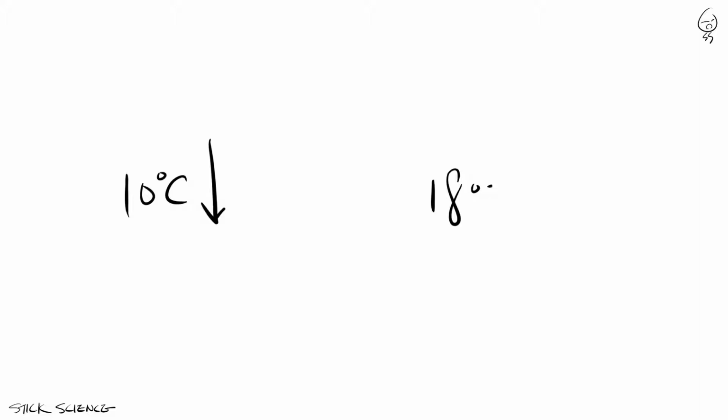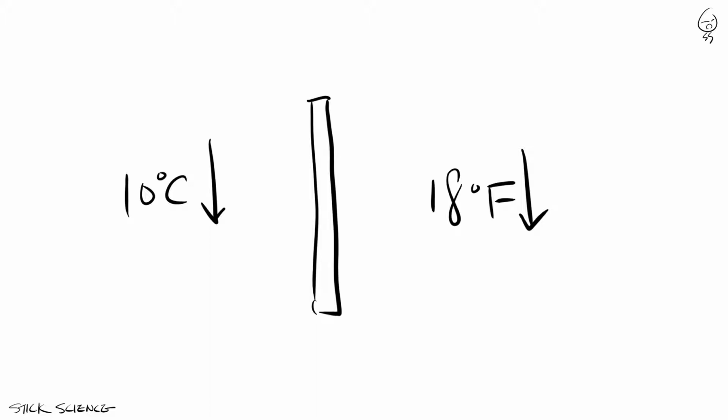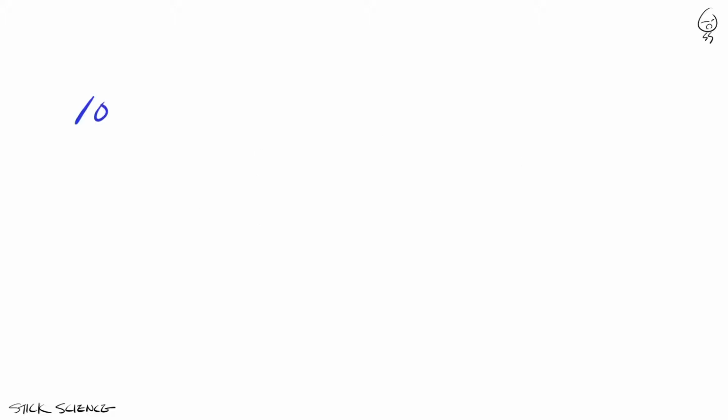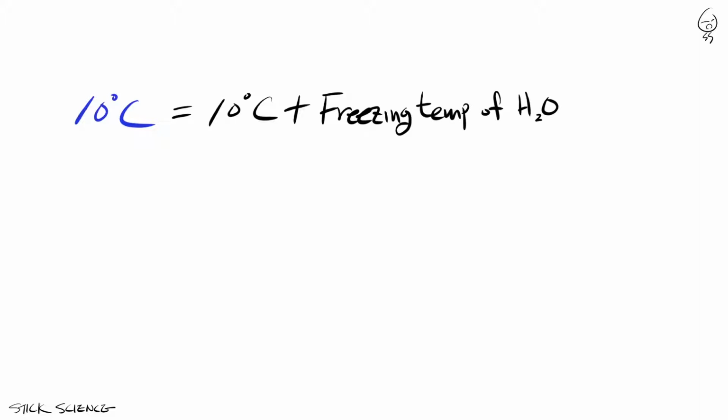But that doesn't mean 10 degrees Celsius is equal to 18 degrees in Fahrenheit. This is because the two systems are on different starting points, meaning water freezes at 0 degrees Celsius but at 32 degrees in Fahrenheit. We need to take this into account before we can start any conversions. Let's say it's 10 degrees Celsius outside. Another way of saying the same thing would be it's 10 degrees Celsius higher than the freezing temperature of water. We know the freezing temperature of water in Fahrenheit is 32. So we can say it's 10 degrees Celsius higher than 32 degrees Fahrenheit, and it'll still mean the same thing.